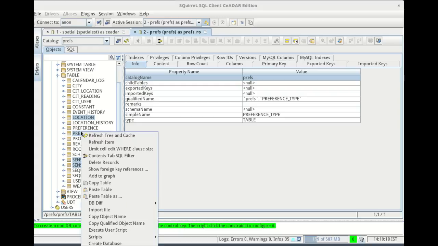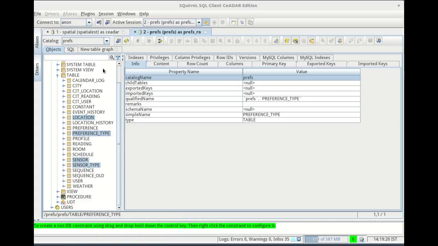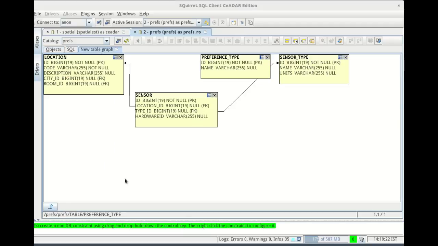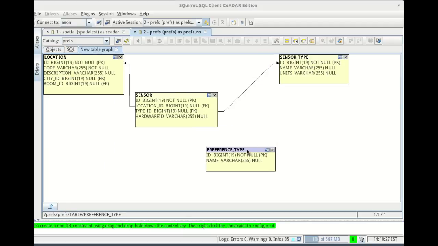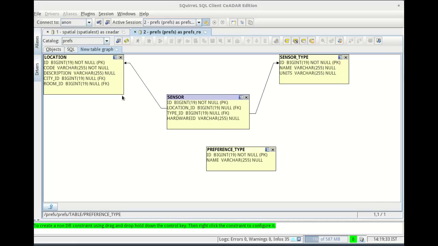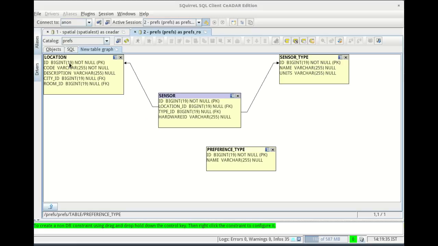Again, I'll add these tables to the graph and click on the new tab here, and we see that here we have some metadata included in the database, in that a sensor has a sensor type, and it also has a location in the physical experiment. That makes sense, of course. So let's run